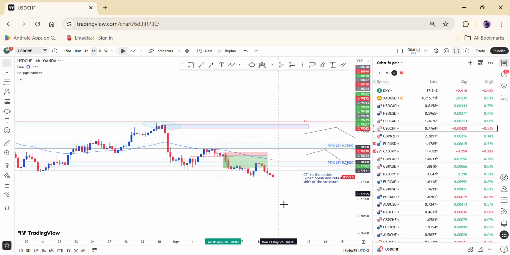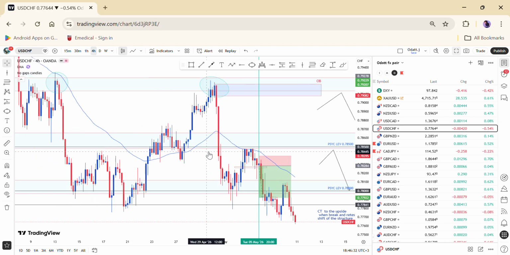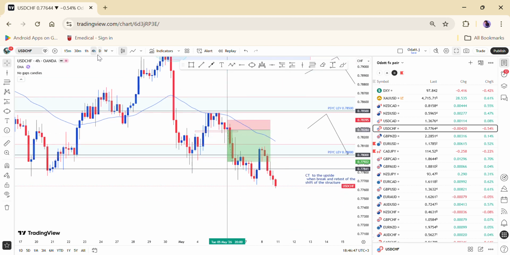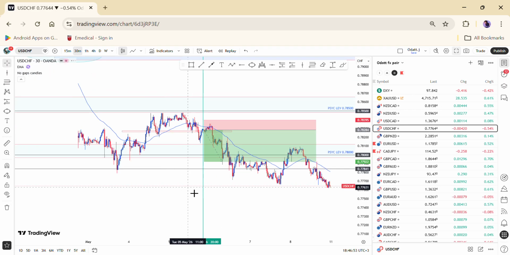4H time frame, we have rejection, the first rejection, but 1 hour didn't shift the structure, and then we have the second rejection, which was bullish engulfing, rejecting around EMA, rejecting around psychological area. So 1 hour shift to market structure, break and retest, 15 minutes in the same direction,